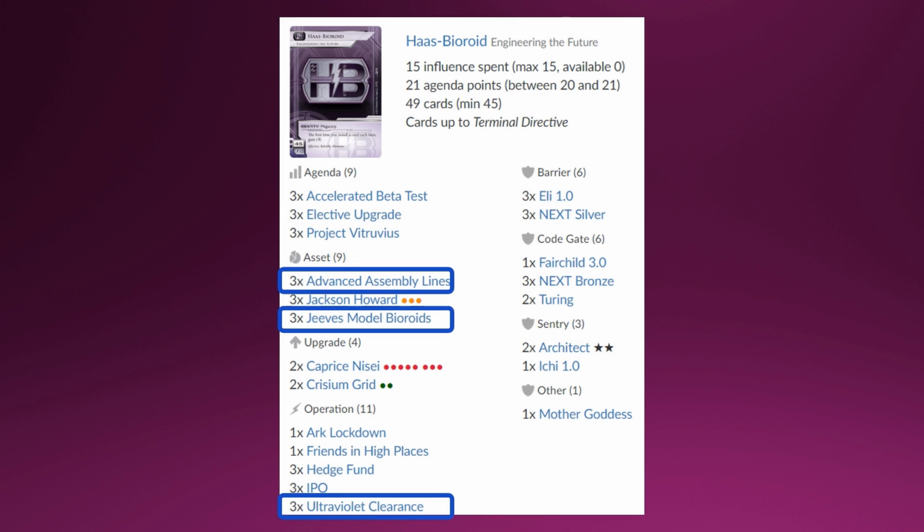Finally, we look at what complements Ultraviolet Clearance, which is the premier draw card of choice. I've been rather lukewarm in terms of saying that Ultraviolet's good, but I'm starting to think that Ultraviolet is pretty decent. I might do a Terminal Directive card video on Ultraviolet someday, but in any case, you do want to pair